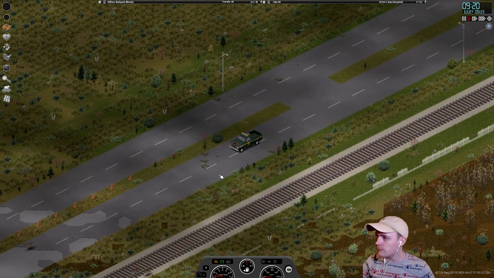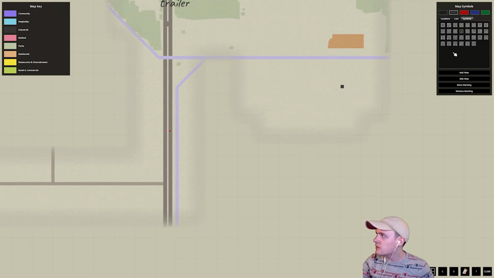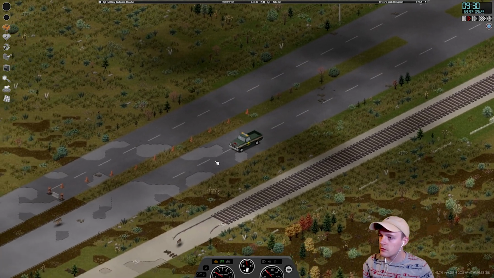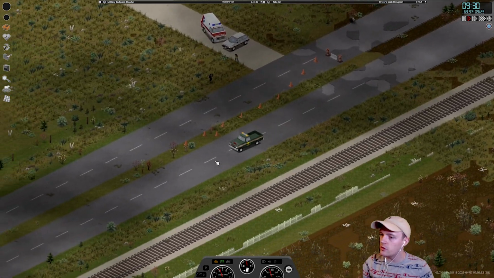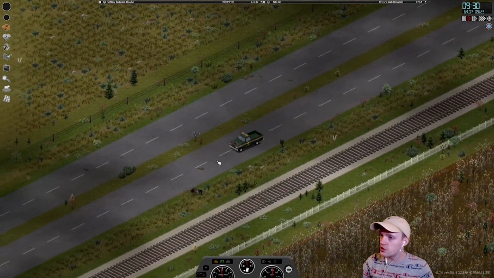Okay, hold up, hold up. Let's mark this as a deer spot. Yeah, if we had an animal trailer, I might even be tempted to run one of them over. See what kind of meat we would get. Just to check it out, but